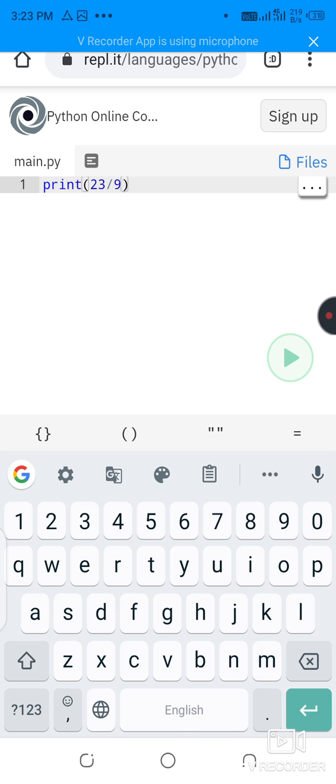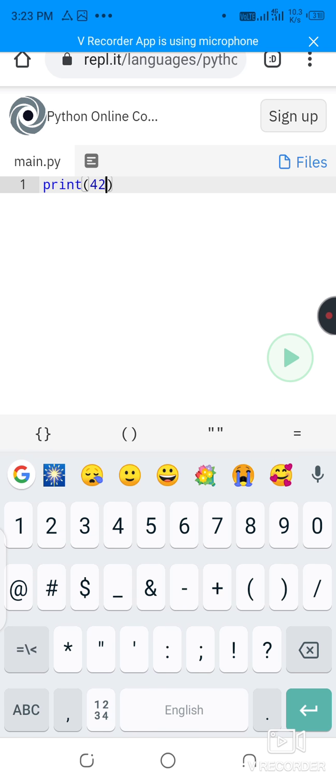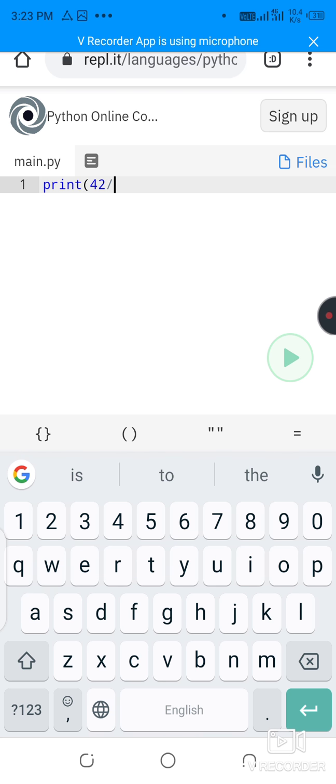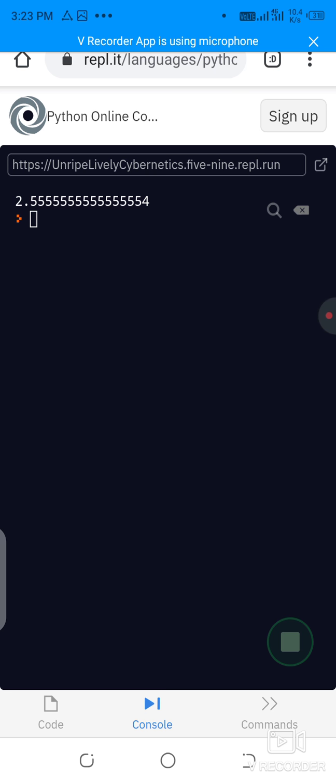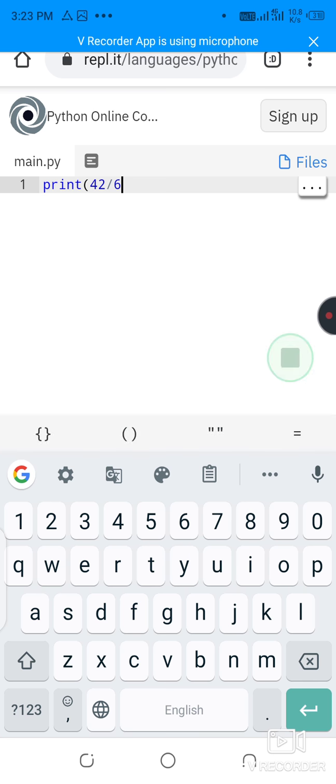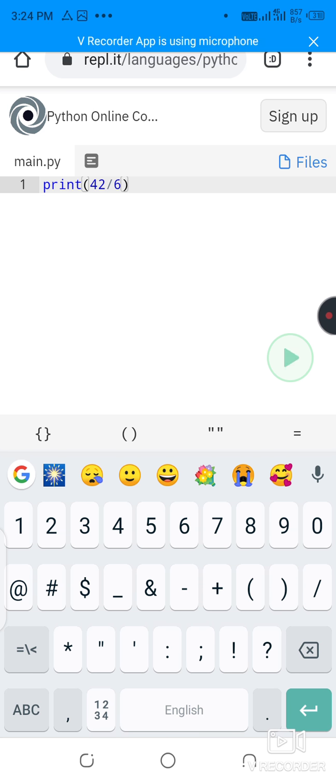And 7, and we have to write print. Next example, print 42 upon 6, and I did not close the bracket.